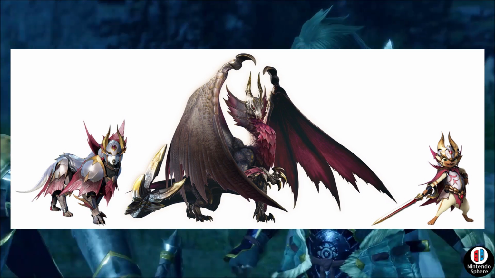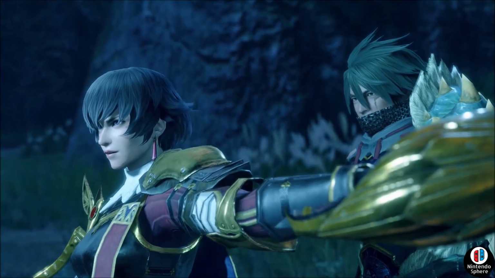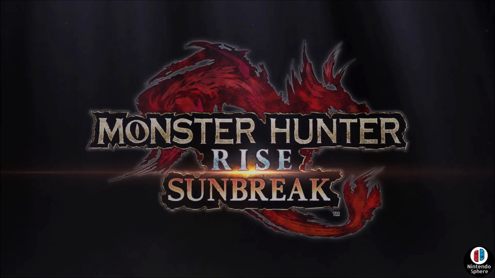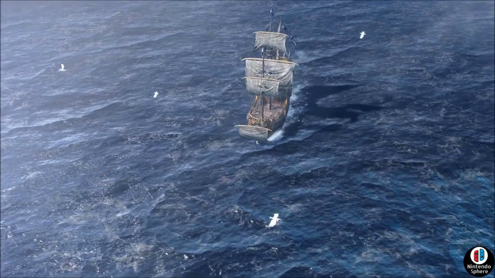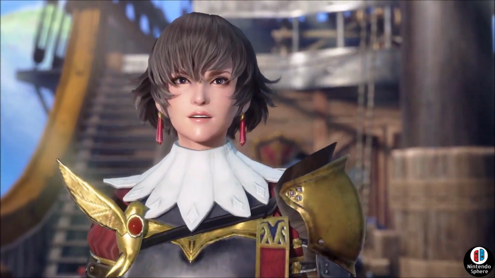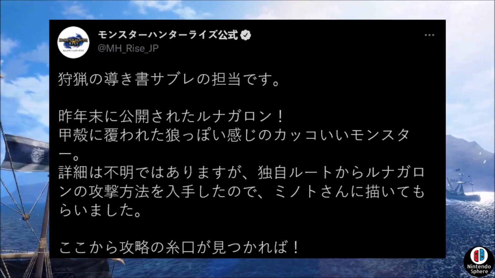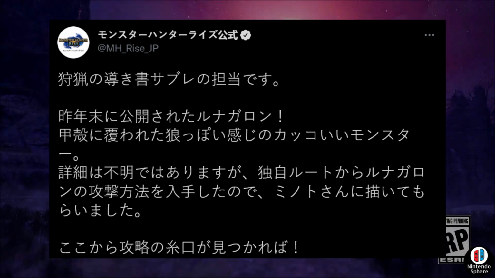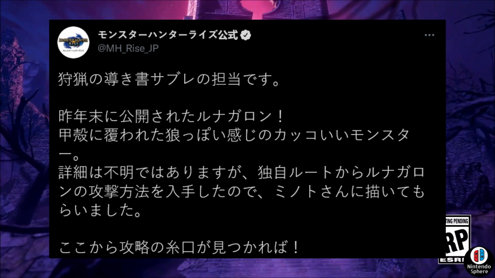What was interesting, however, is the Minato drawings. Now, these Minato drawings are something that Capcom has been doing on Twitter for, I believe, since the game originally launched back in March of last year, and now they're doing them for Sunbreak, essentially providing us with some interesting ideas regarding what you can expect as Sunbreak is about to launch. And this week's post was actually posted last week in Japan, but they ended up posting it this week in English. And the English one reads, which is pretty much the same as the Japanese one,